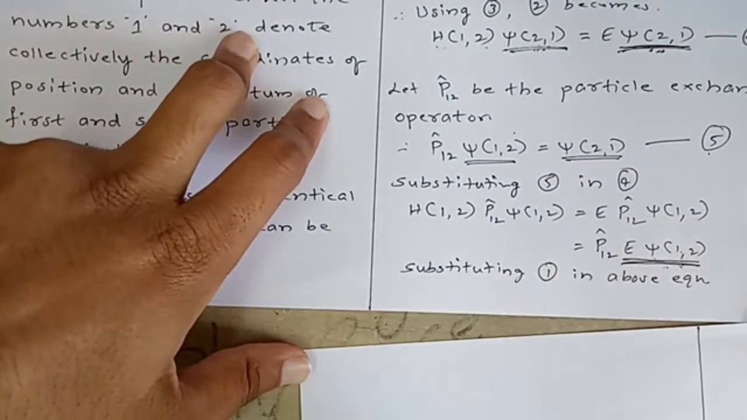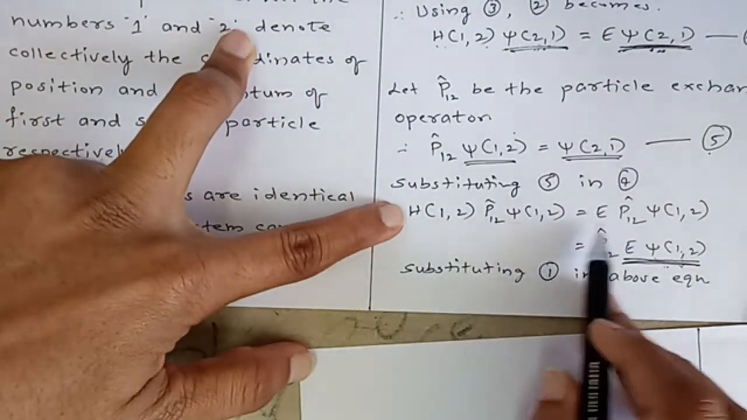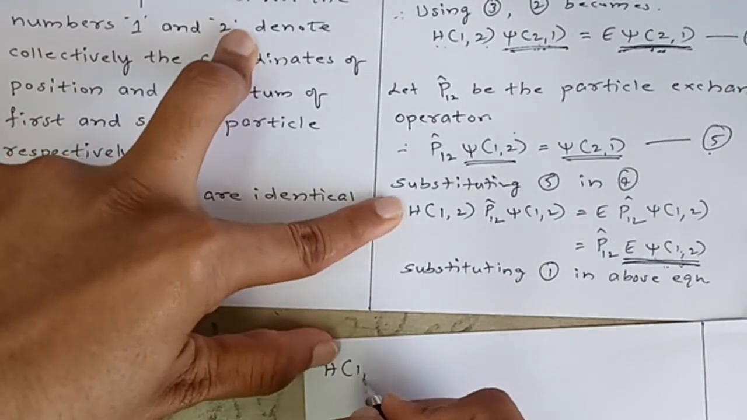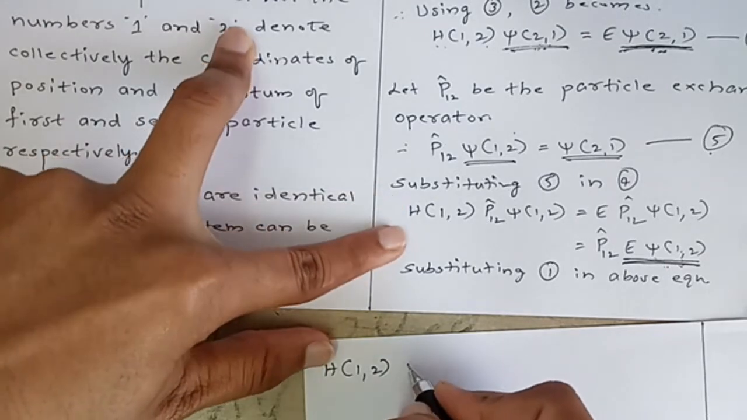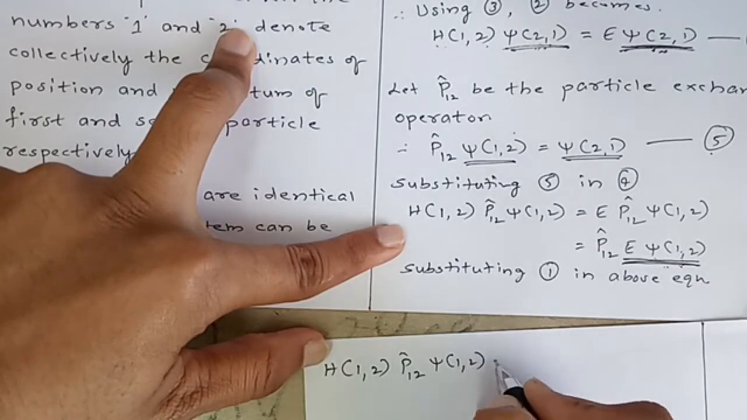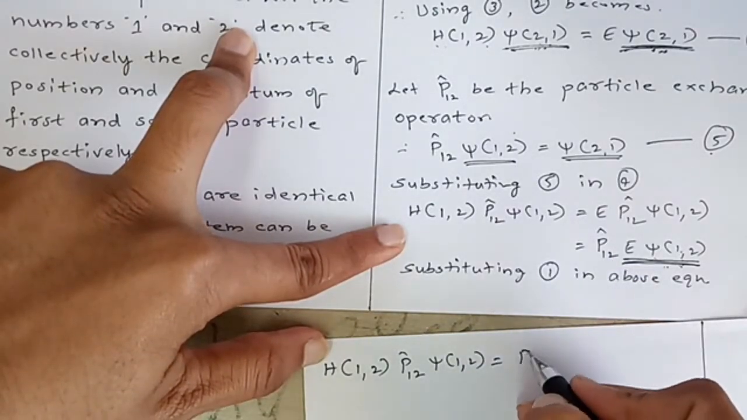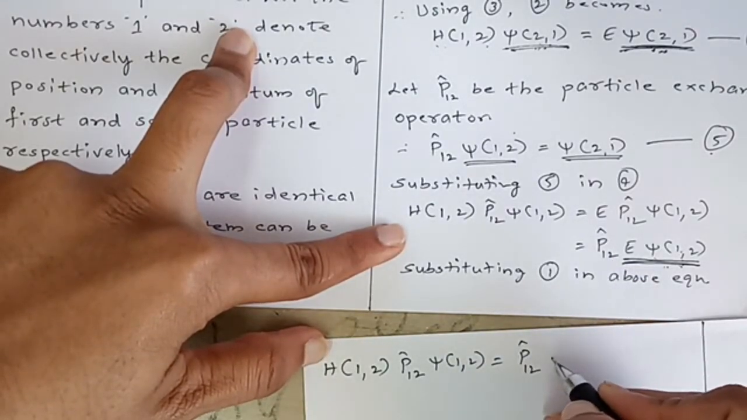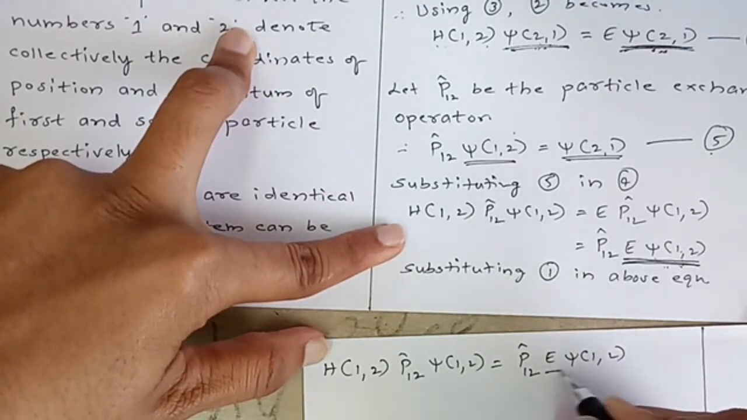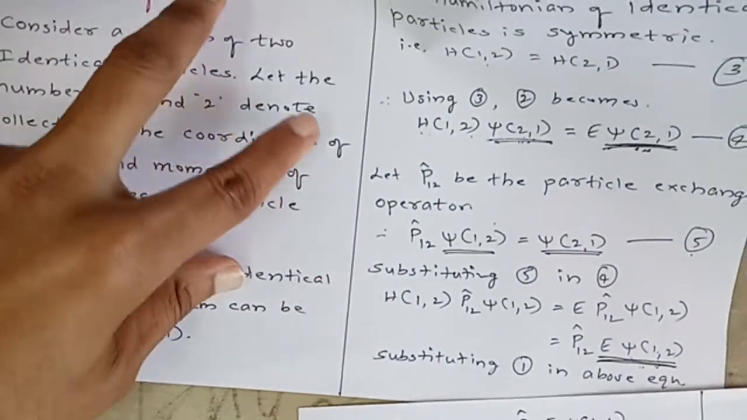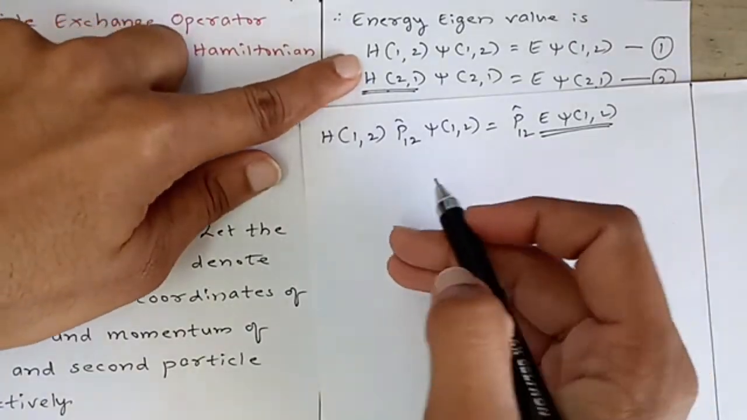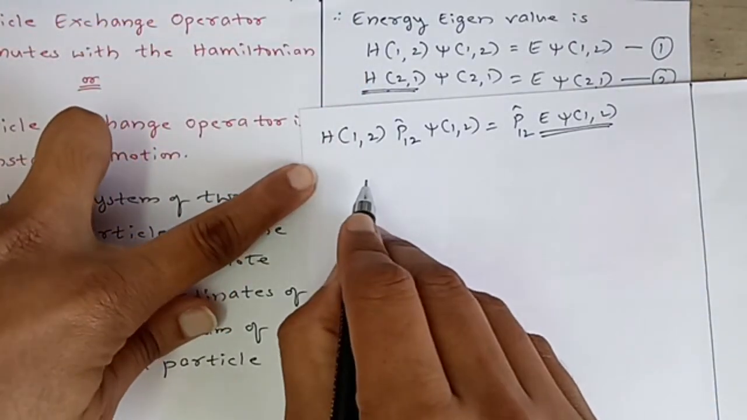So we have this equation: H_{1,2} P_{12} ψ_{1,2} is equal to this one we have, P_{12} E ψ_{1,2}. Now instead of this, we are going to substitute equation number 1. Therefore, now our equation becomes